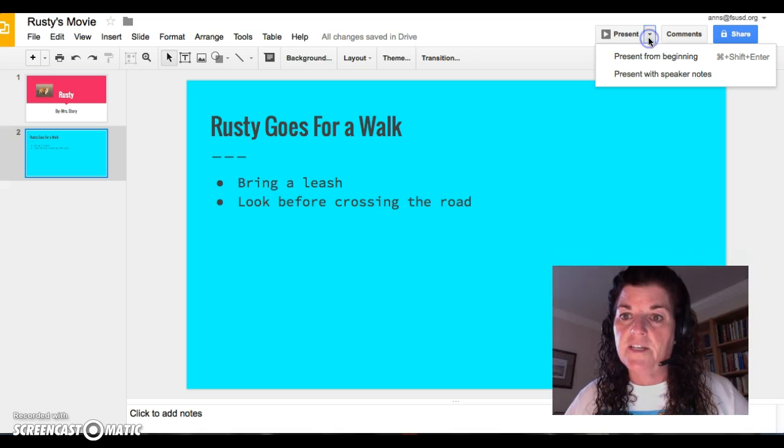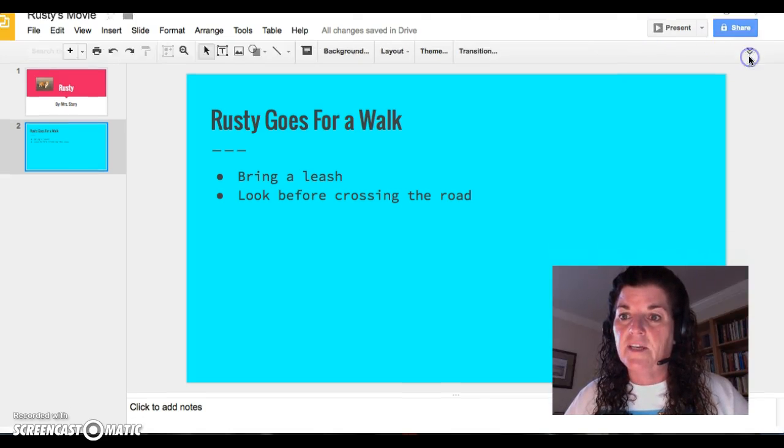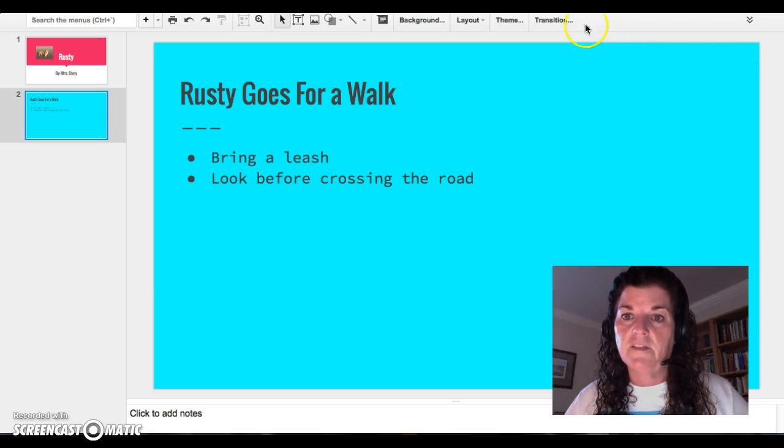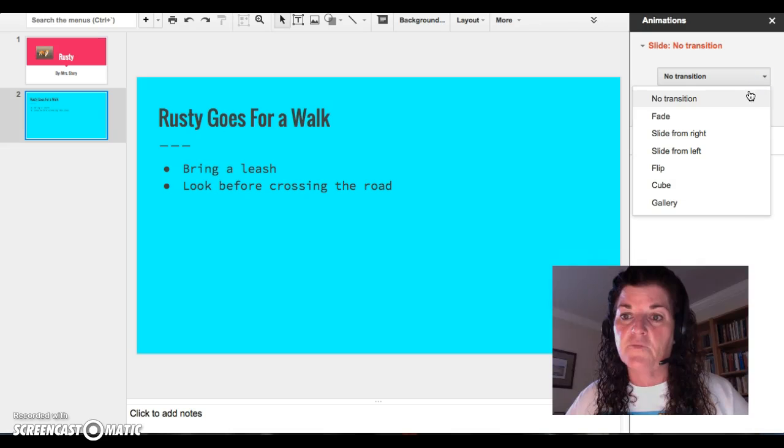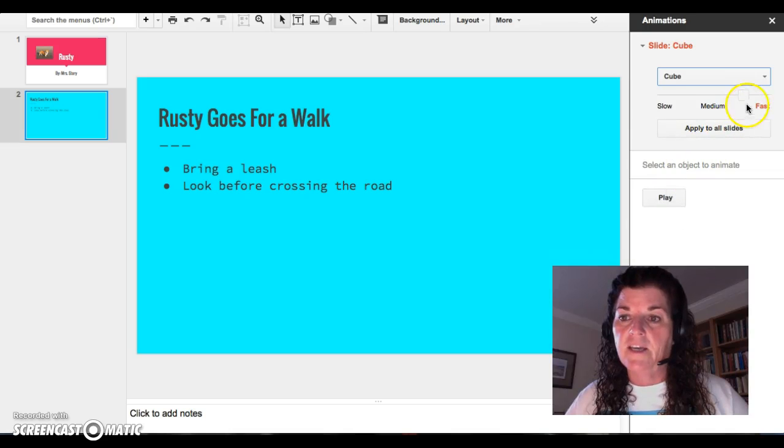And on the Present, you can add speaker notes, which you're probably not going to want to do. And also, come back, the transition button. Right now I have no transition. I only have 2 slides, so it's really not very much. But if the transition gets kind of fun, this is where you can do the fading and the sliding from right and the flipping and the cube. Cube is often one people like. You don't want the pace to be too fast, especially if there's writing on it that people have to read. So then you can apply to all slides, click it again, and then when you play it,